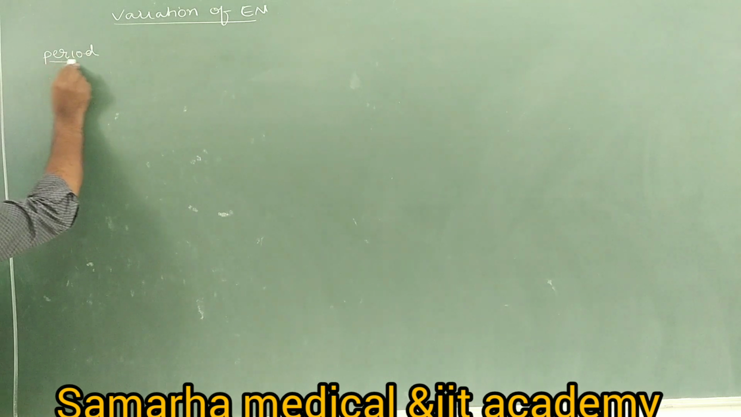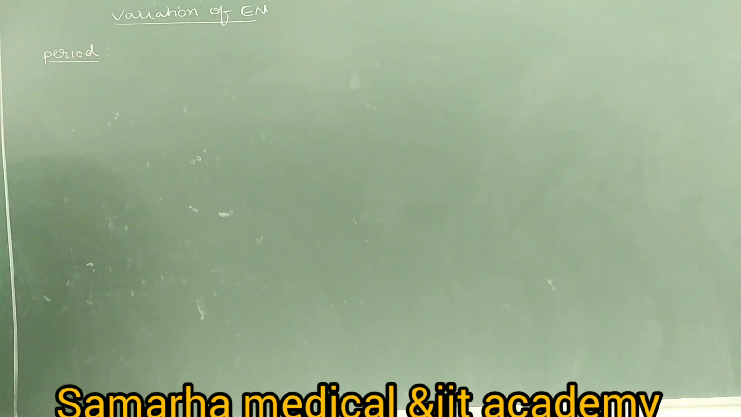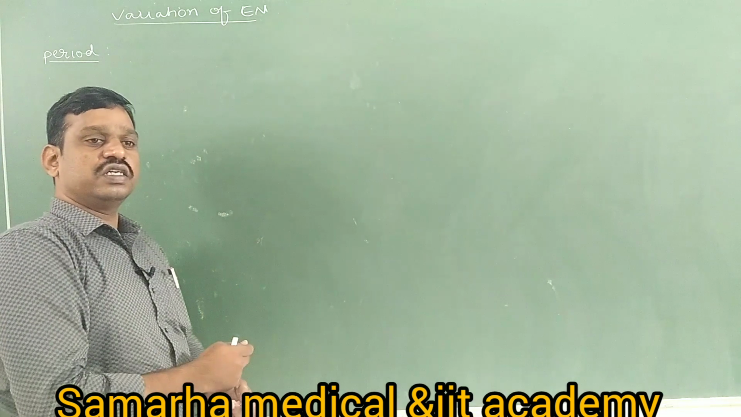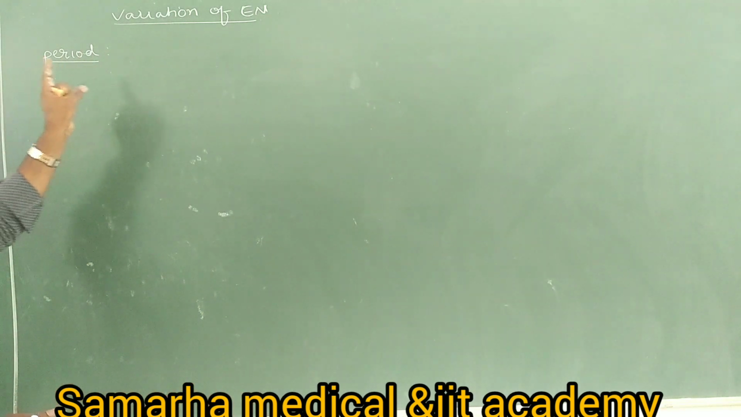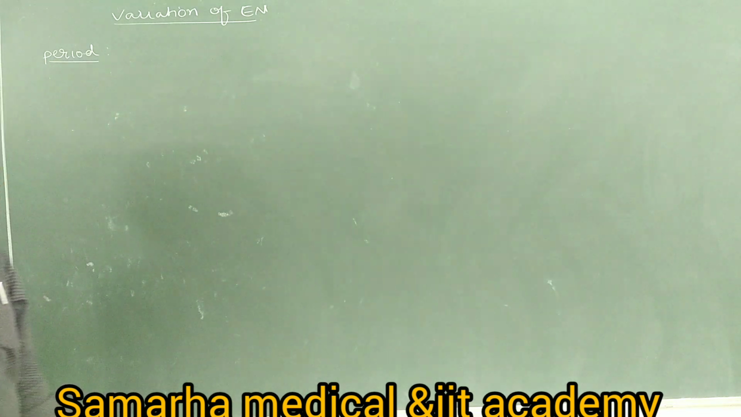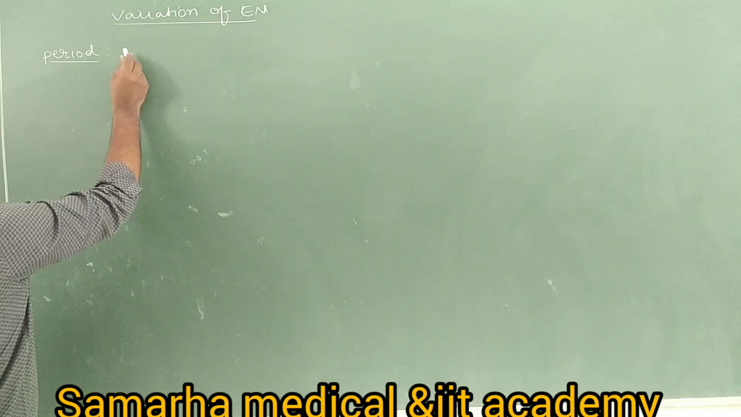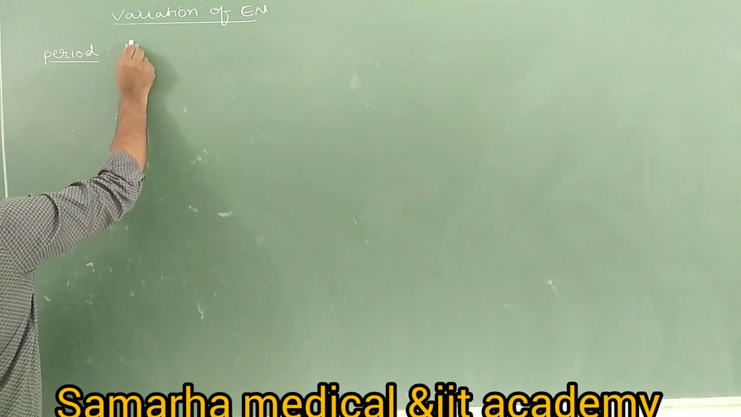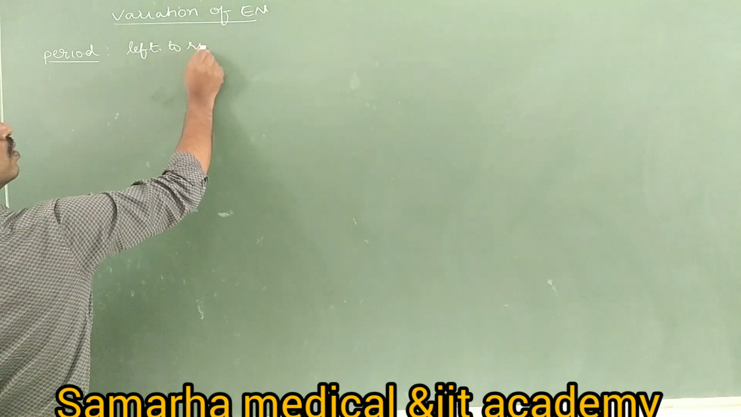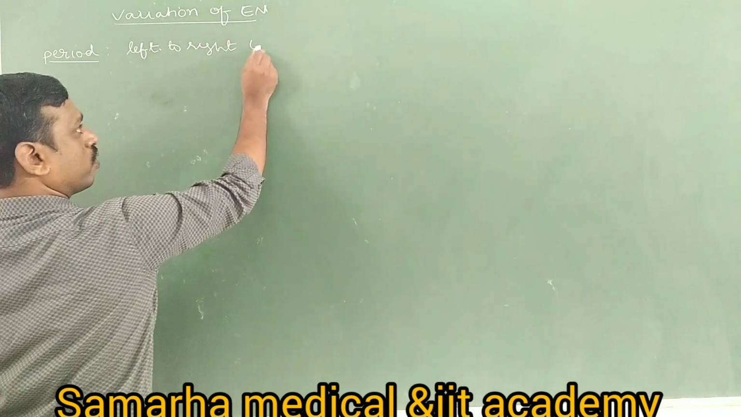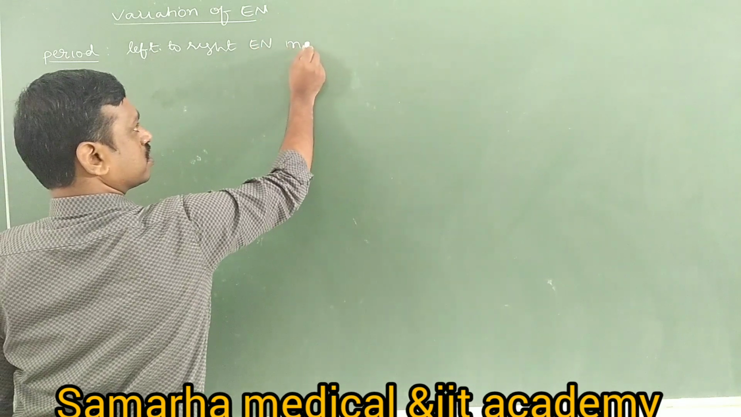So how does electronegativity vary in a period? We know that in a period, left to right, atomic size decreases. Therefore electronegativity increases, because electronegativity is inversely proportional to atomic size, right? Therefore in a period, left to right, electronegativity increases